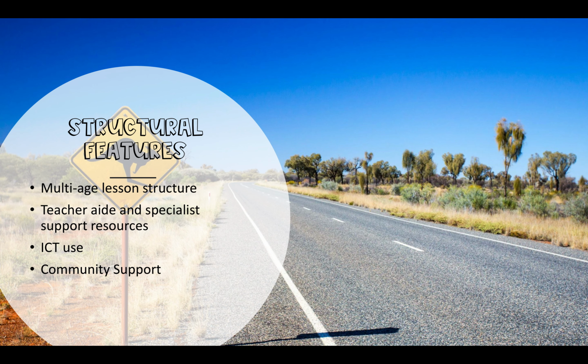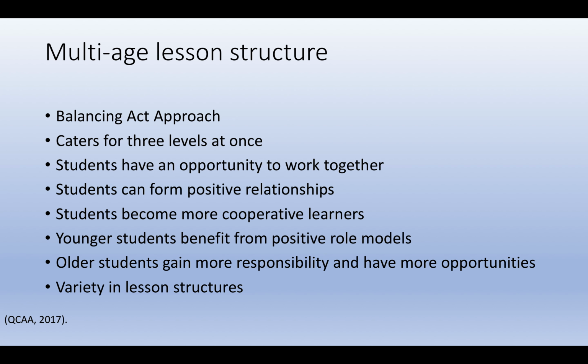There were multiple structural features considered when planning the 3 lessons. The lesson structure took on the balancing act approach within the multi-age classroom. The 3 lesson plans were planned using a multi-age lesson structure as it aims to cater for all 3 year levels at once. When learning in a multi-age classroom, students have an opportunity to work together, form positive relationships, and become more cooperative learners. The prep children are more likely to benefit from the positive models of the older students in Year 1 and 2, and allow those older students to feel more responsible and provide them with the opportunities